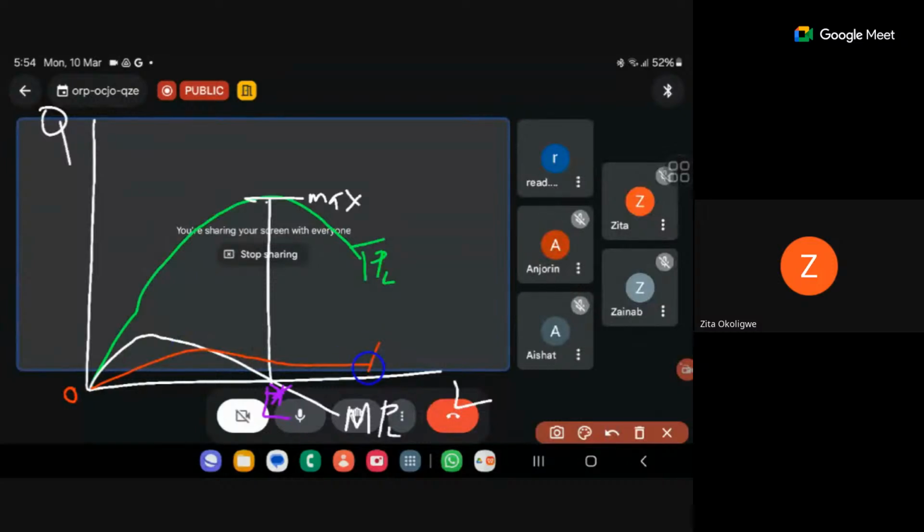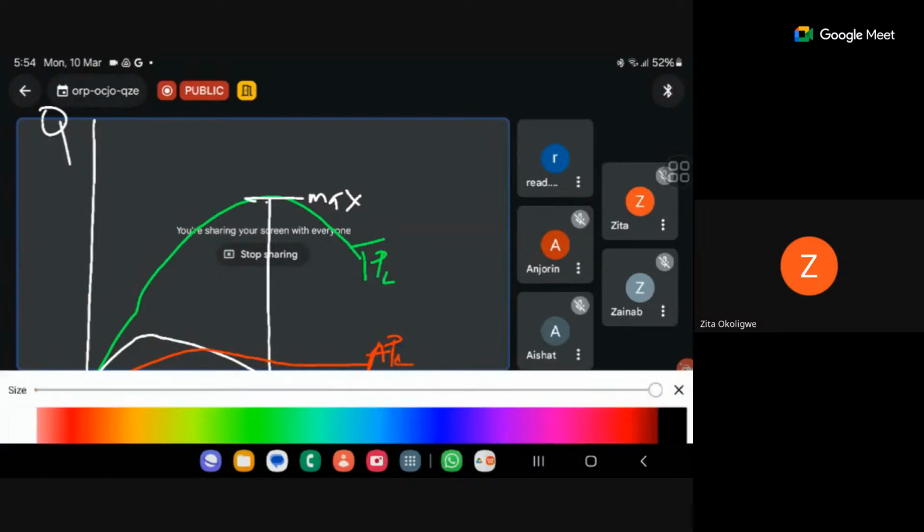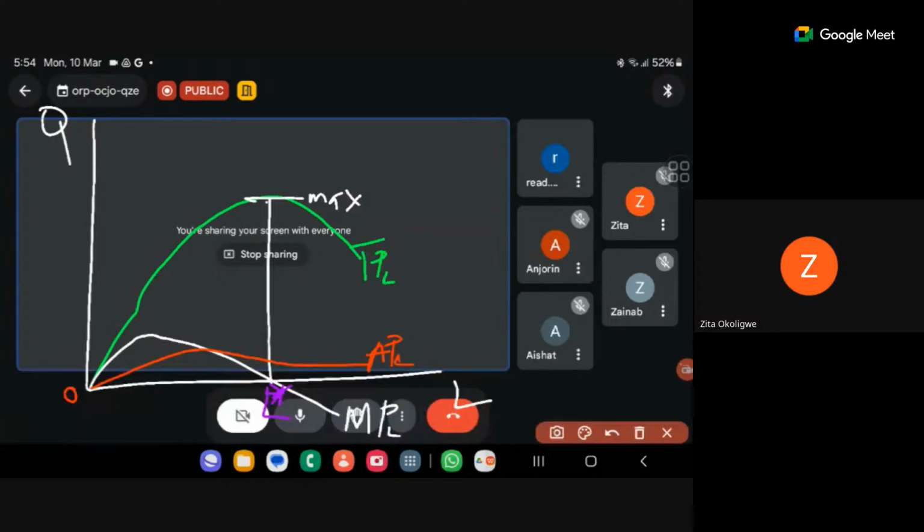Average product of labor, APL. Average product. You need to know the relationship between marginal product, total product, and average product. You need to know it offhand. Okay, if you look at it,